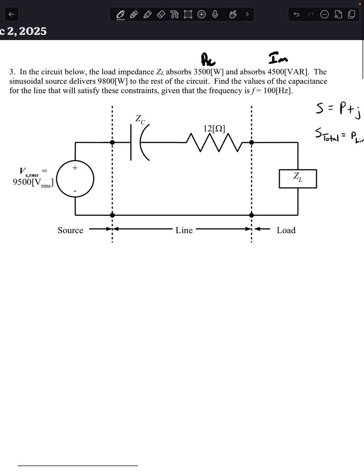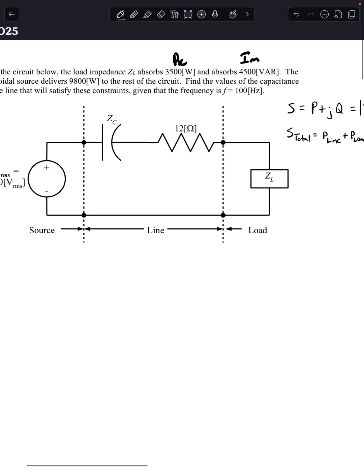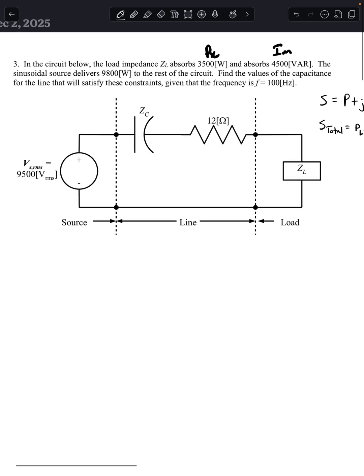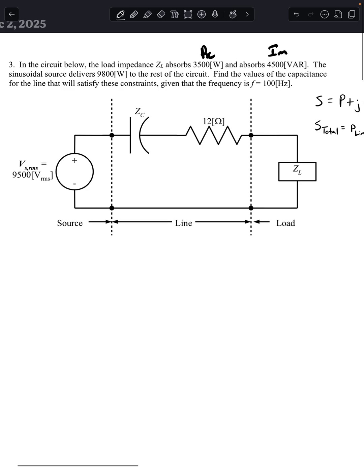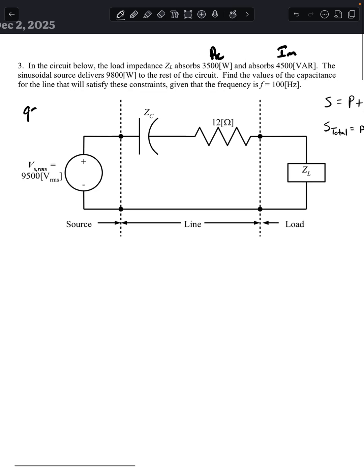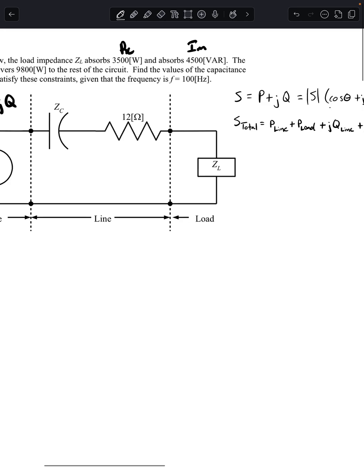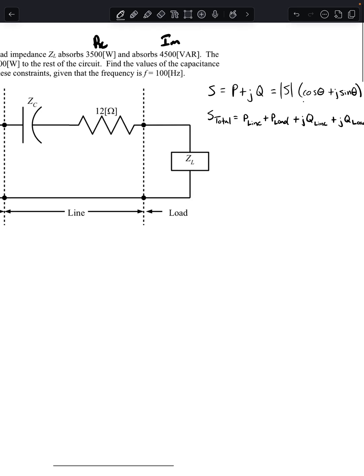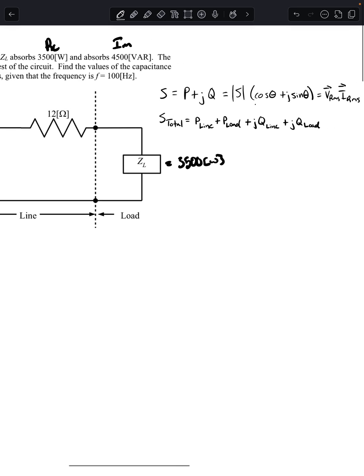In the circuit below, the load impedance ZL absorbs 3,500 real watts and absorbs 4,500 imaginary watts. The sinusoidal source delivers 9,800 real watts. So we can see that as 9,800 watts plus jQ. We don't know what Q is. I'm going to put T for total. And ZL absorbs 3,500 watts, and it also absorbs 4,500